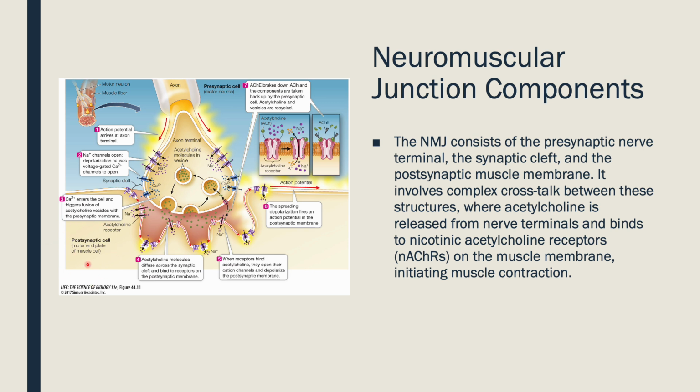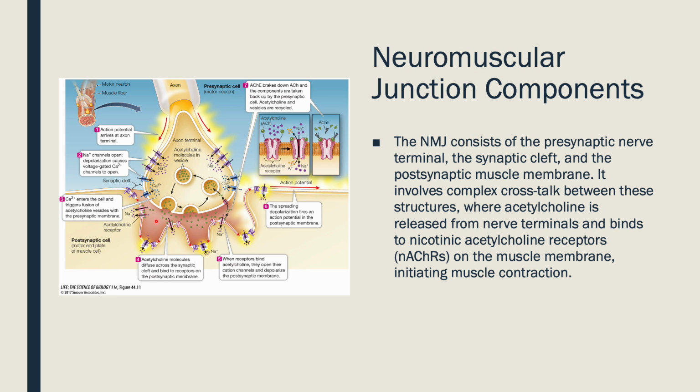Communication across this will be initiated by an action potential as it travels down that motor neuron. And this will lead to the release of acetylcholine from those synaptic vesicles. It will then cross that synaptic cleft and bind to those nicotinic acetylcholine receptors right here on the postsynaptic